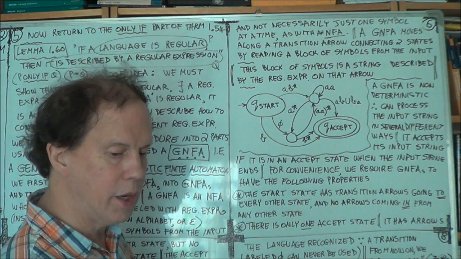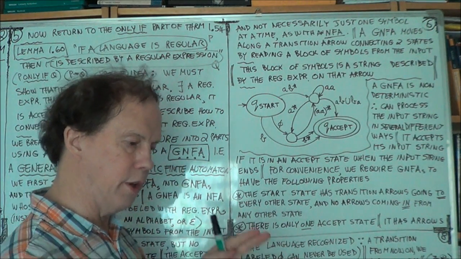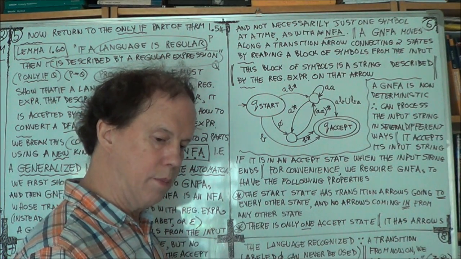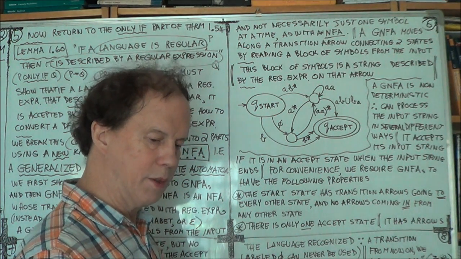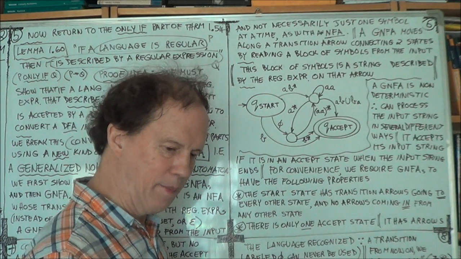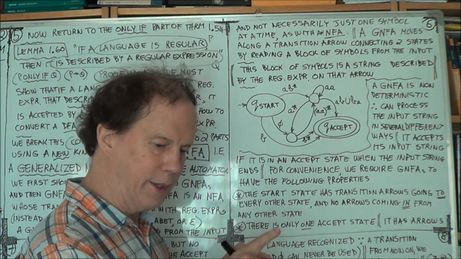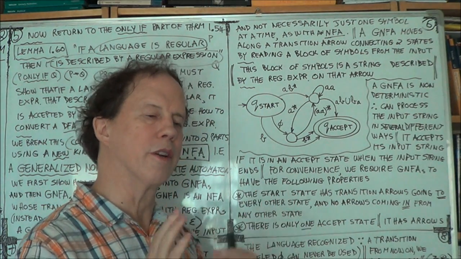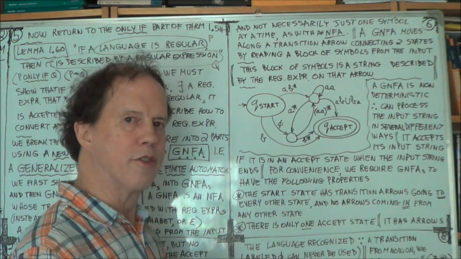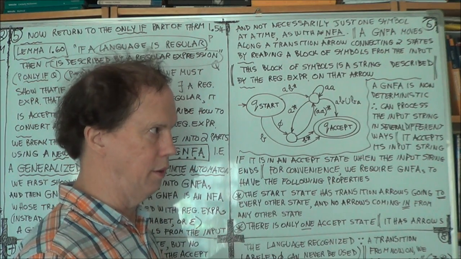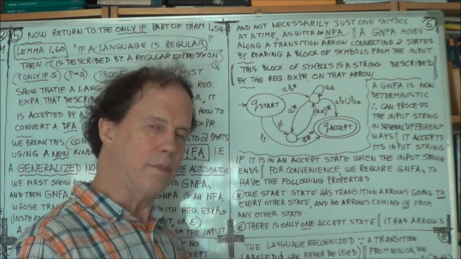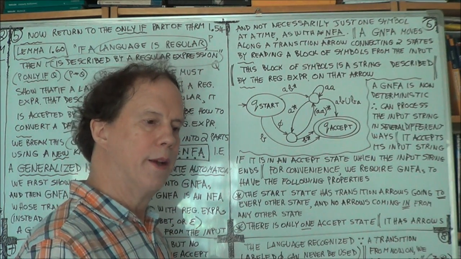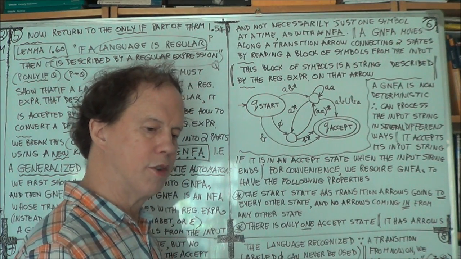Well, after it's read a block of input symbols, contiguous together, like a substring. And if that substring matches the regular expression that is a label on a transition arrow,